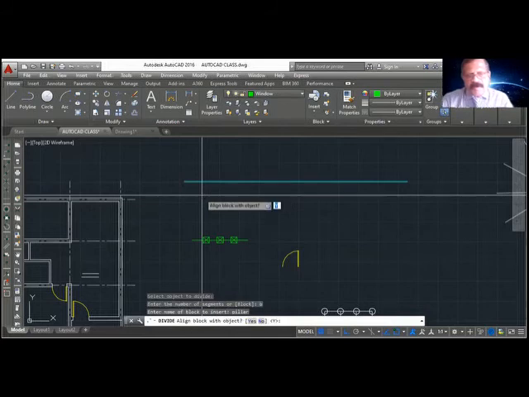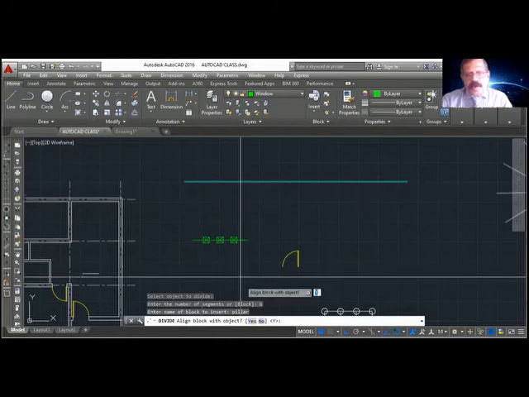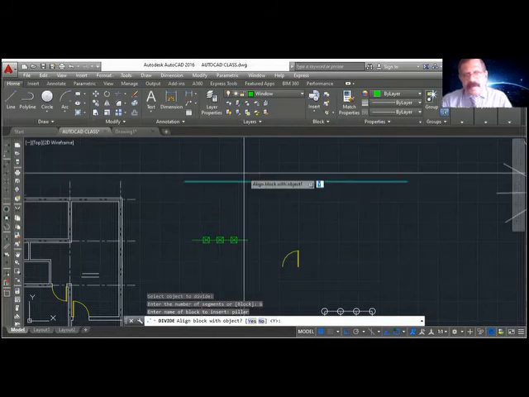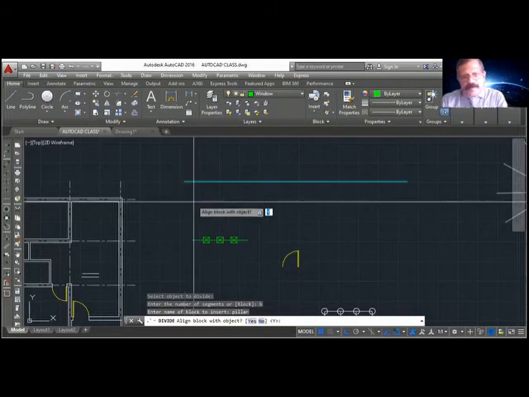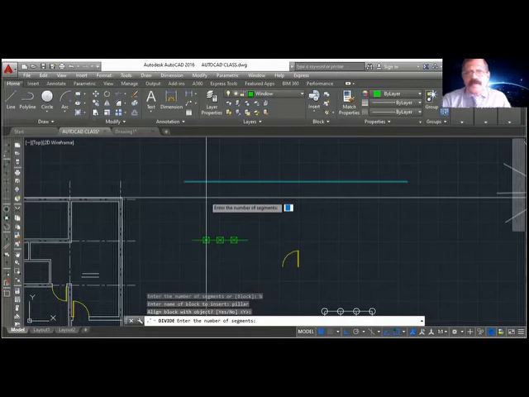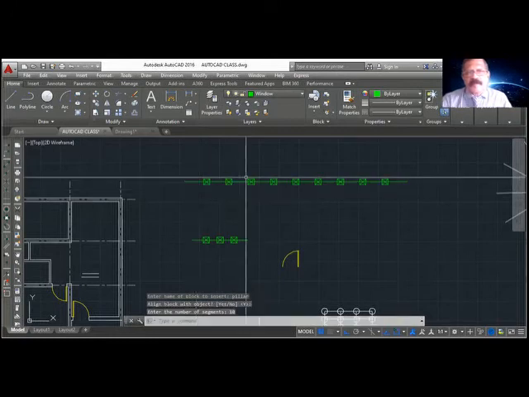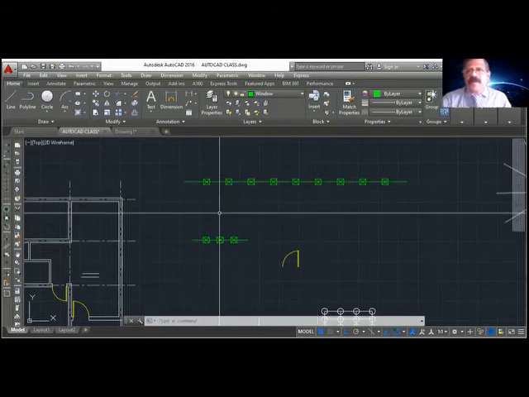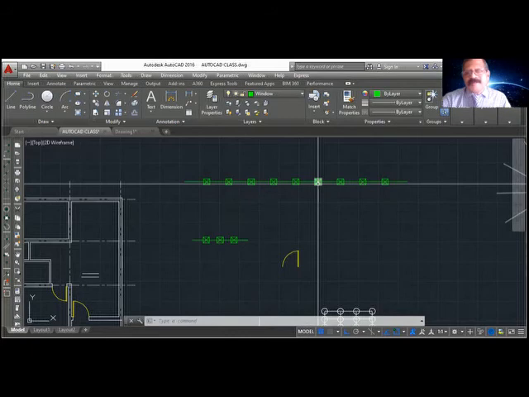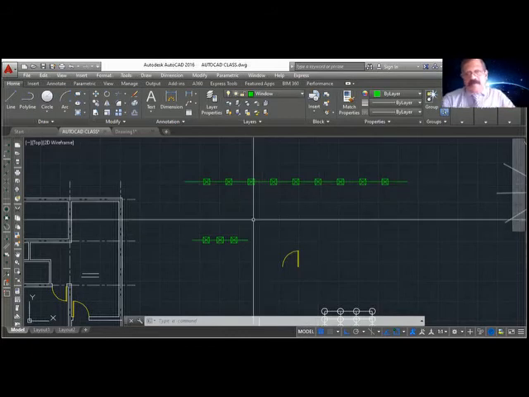Align block, yes. If you say no, then for a curve or anything, it will not rotate based on that. Enter. Number of segments 10. See? 10 segments, equally placed. So this is the divide command. It's almost the same as when you use the path array.